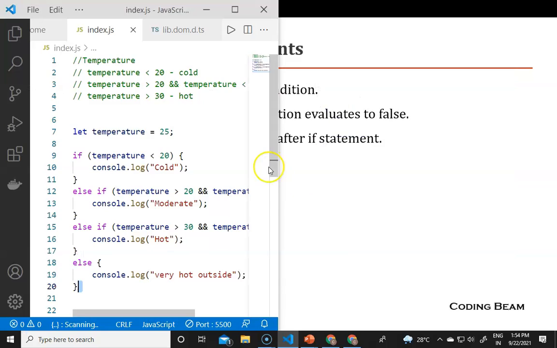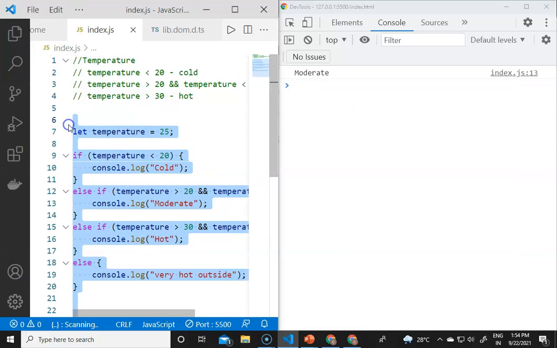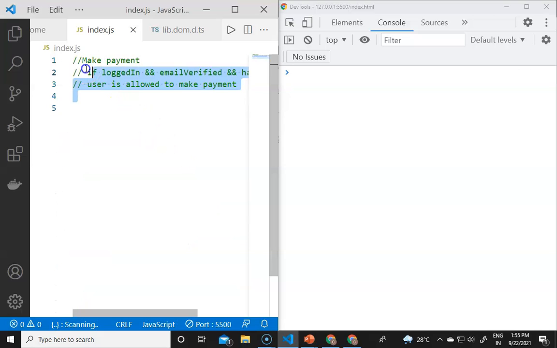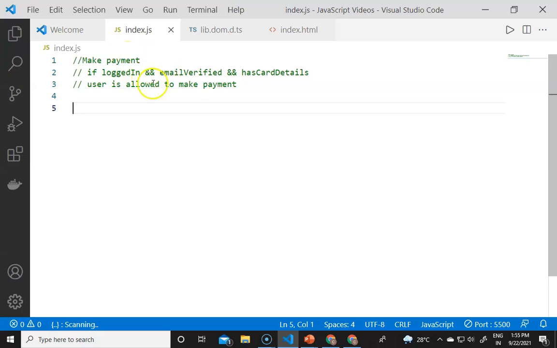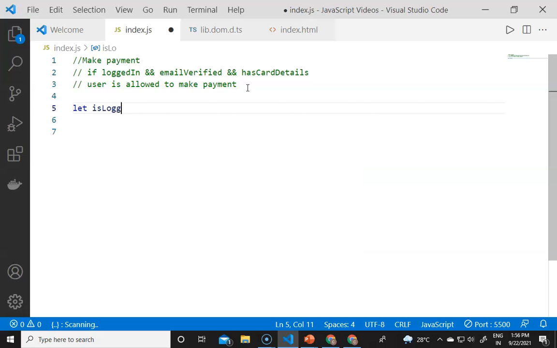If we have another condition, I will remove this. Now there is an example where the user is logged in and the email is verified and he has the card details, so he or she will be allowed to make a payment. So to perform this, we will declare three variables, like let isLoggedIn equals false,